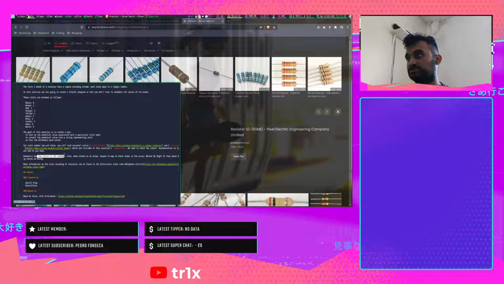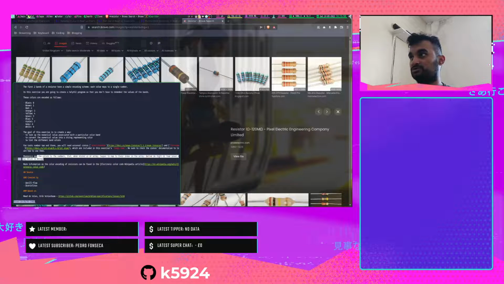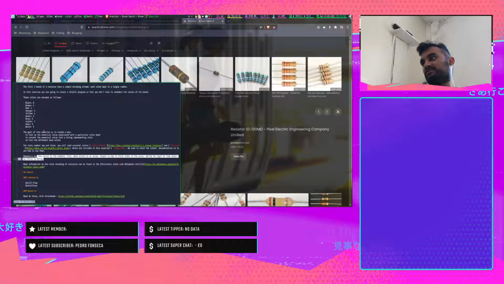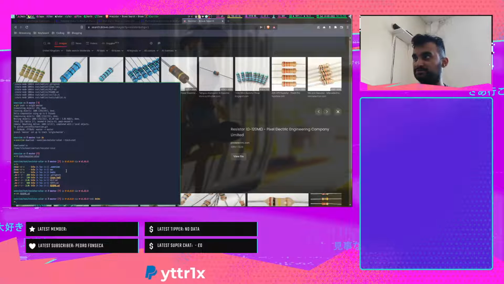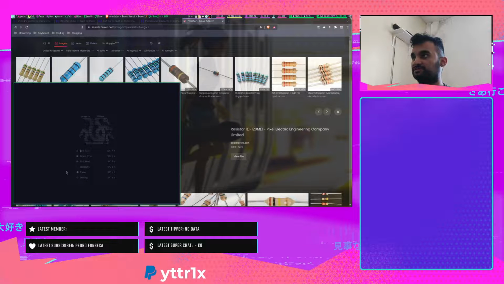The mnemonics map the color to the numbers that, when stored as an array, happen to map to their index in the array. Better be right or your values go wrong. Okay, so this is just a list then. More information on the color encoding of resistors can be found in their source crate. Okay, cool. So if I end in here,